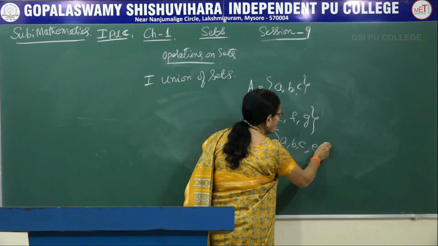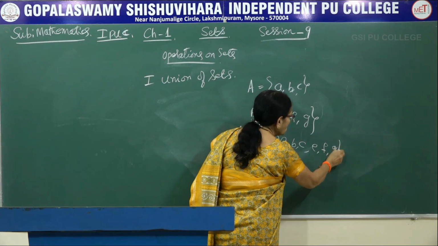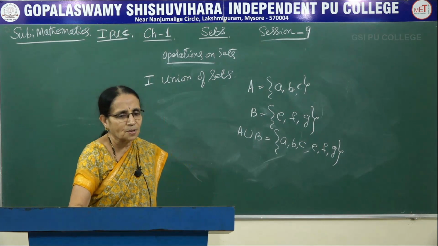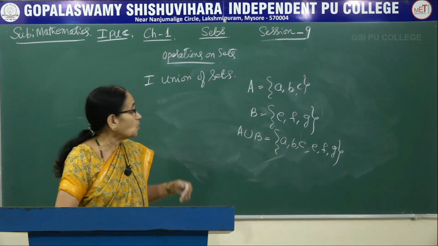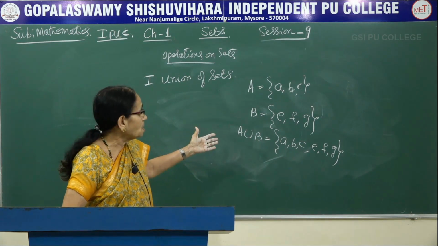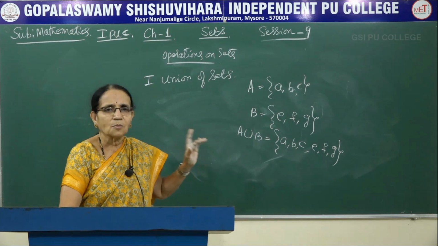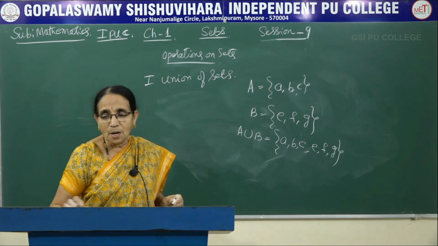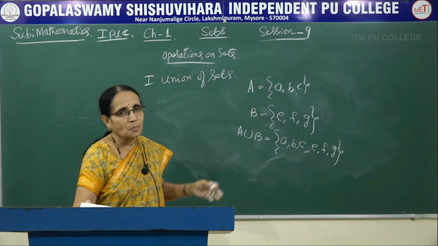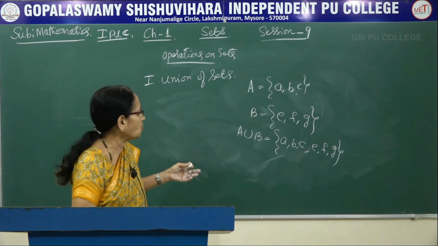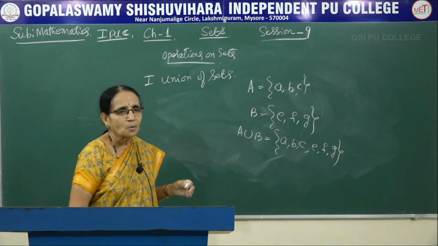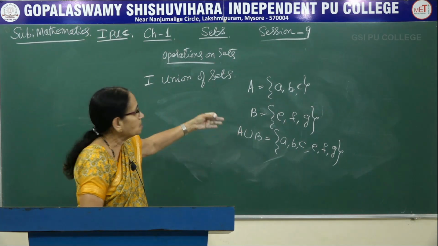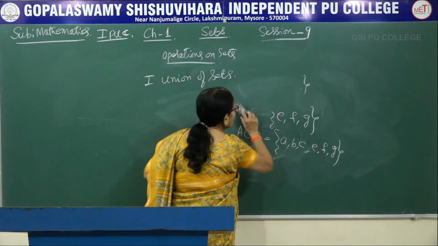Write the elements of B, that is E, F, G. See, in the previous example, we had some repeated elements. So I told you there is no need to write all the elements two times, it is enough to write only once. Whereas in this set, we don't have any element repeated. Therefore, write all of them only once here. This contains 3, this contains 3. Altogether, there would be 6 elements in the union.